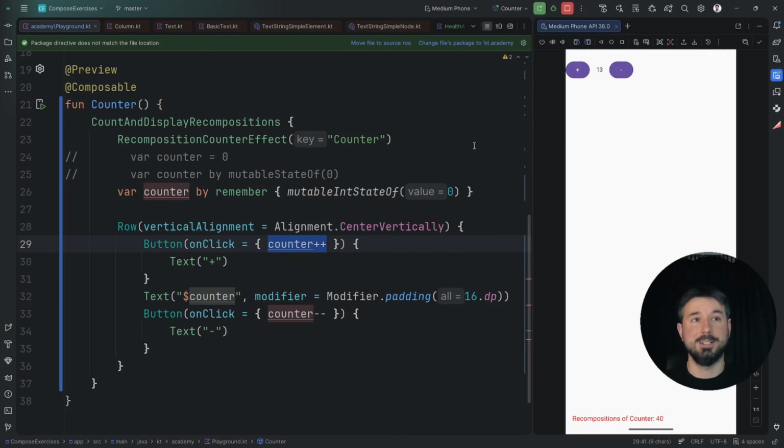Sooner or later, all state in Compose uses a snapshot state that is remembered. That doesn't change if you collectAsStateWithLifecycle, or if you transform or observe something in any other way. All those functions under the hood create some form of snapshot state and remember them to persist across recomposition.